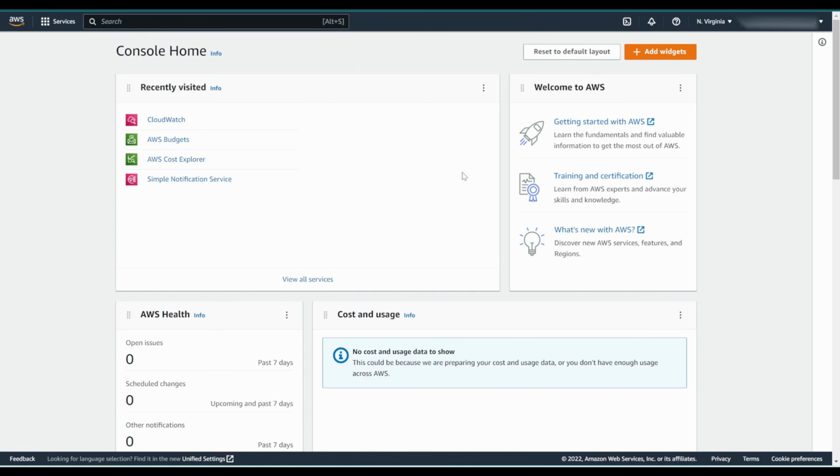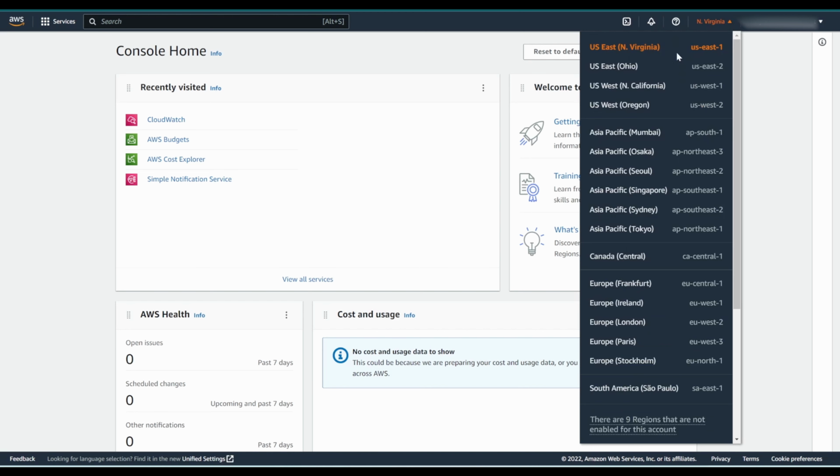Now I'm logged into my AWS console, and when you are in the AWS console, you need to make sure that you're in the US East North Virginia region, because all the AWS billing metric data, including all the services that you are using from AWS, are stored in this region. So in future, if you are trying to perform any kind of billing operation, you need to be in